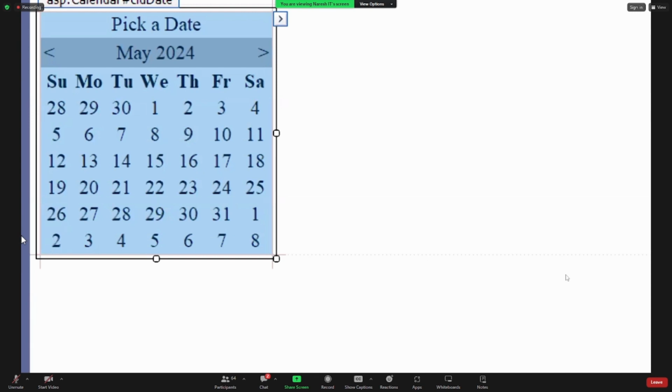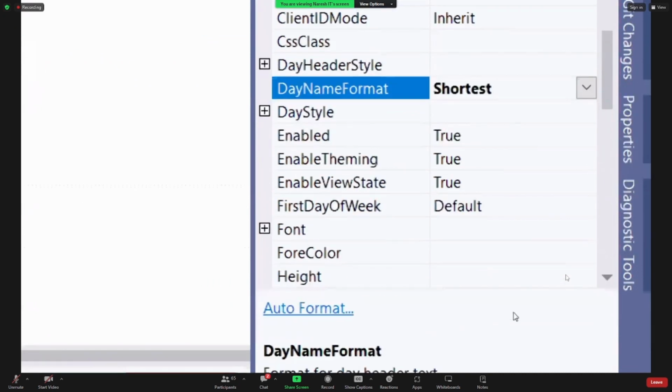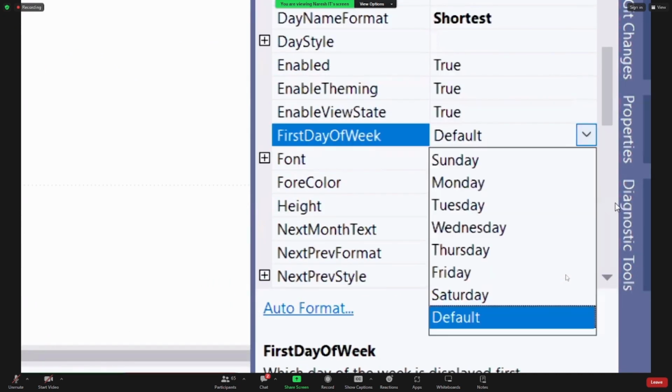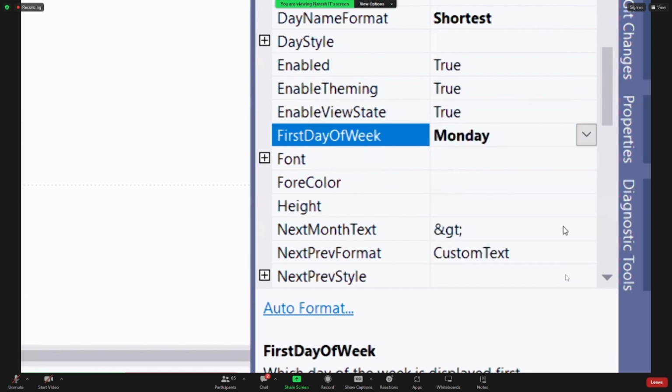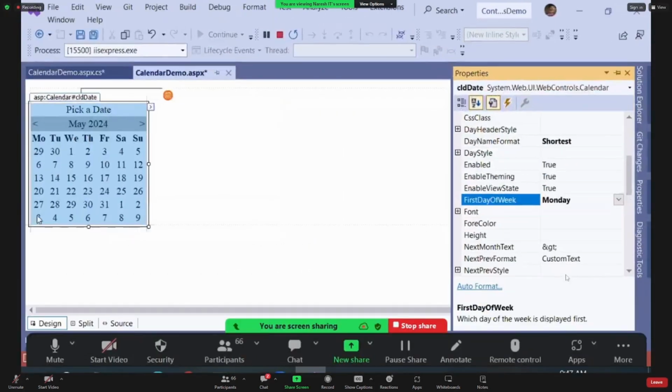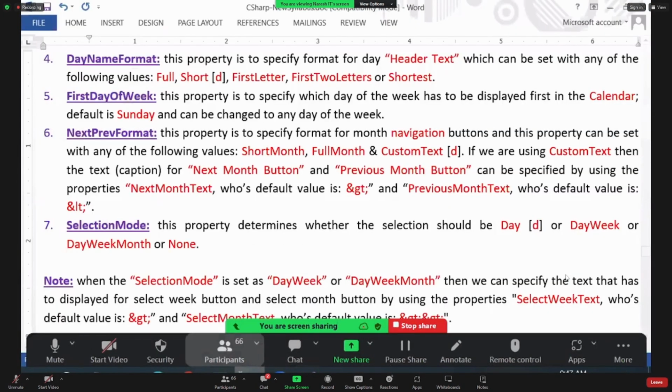Let us talk about the business week. The business week starts from Monday. In Arab countries, the business week starts on Saturday. So tomorrow we can customize it. Which day do you want? Default is Sunday. No, sir, I want Monday. I can change it. I'm giving you all the options. Pick Monday and watch. Monday is just taken as the first day of the week now. Is that clear, guys? Okay. So that is the first day of the week. Next